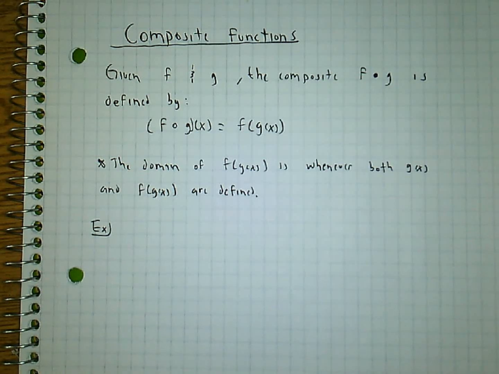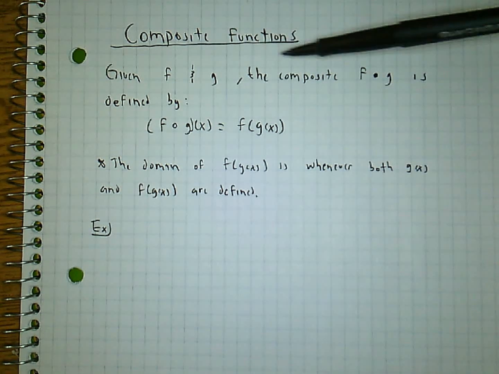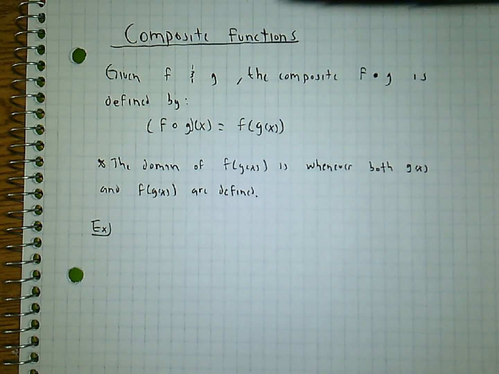All right, guys, welcome to the second part of combination of functions, which is a special type of combination called a composite function. Okay, so let's go ahead and read a definition. If you are given a function f and a function g, the composite f of g is defined as,